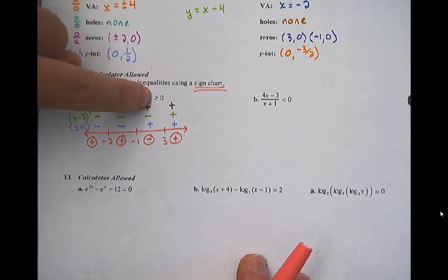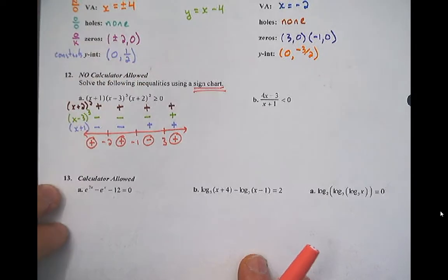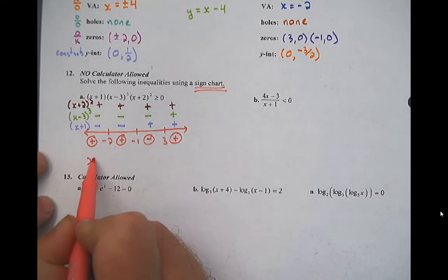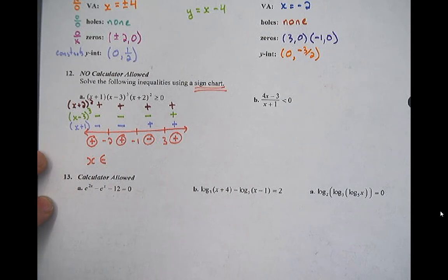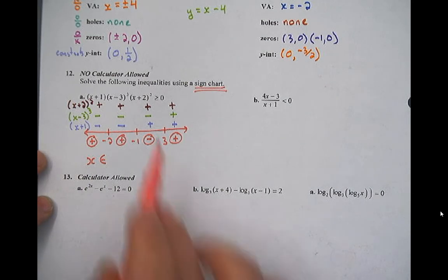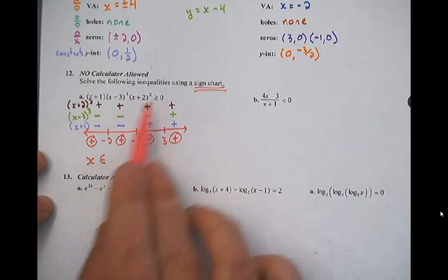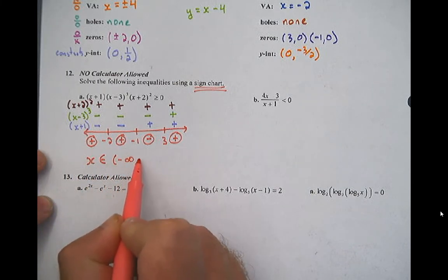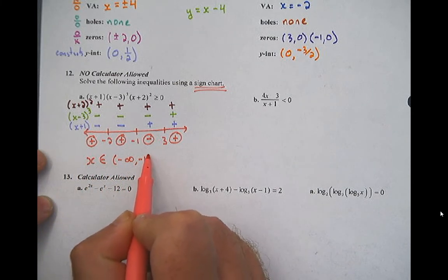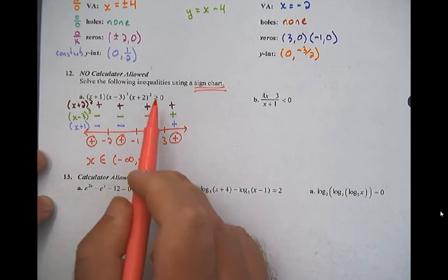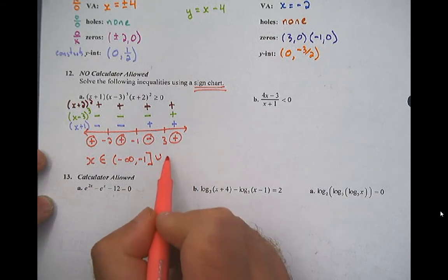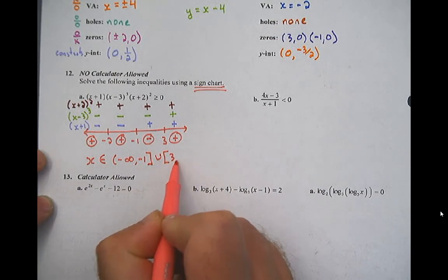We want to identify all the ones that are greater than or equal to 0. So we would say all the x's that are an element of all the positive sections. Well, positive greater than or equal to 0. So from negative infinity up to negative 1. Include it because it could be equal to 0. Then from negative 1 to 3, we don't want to include any of those. And then from 3 to infinity,